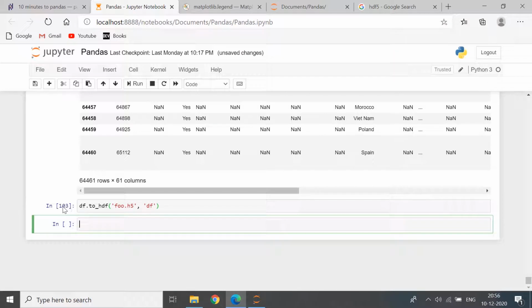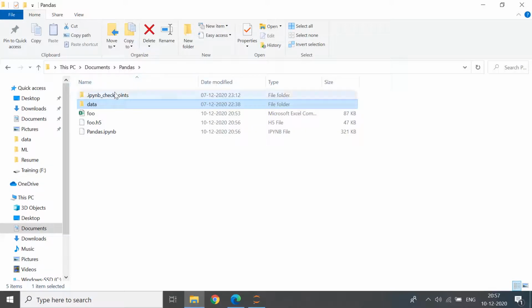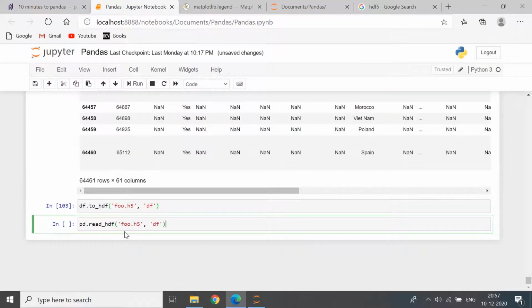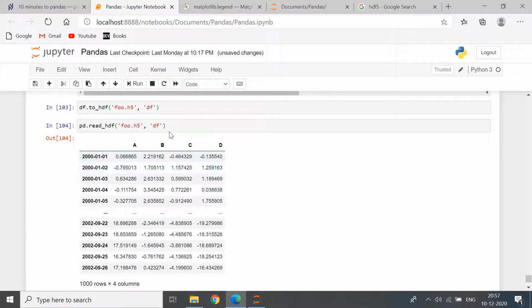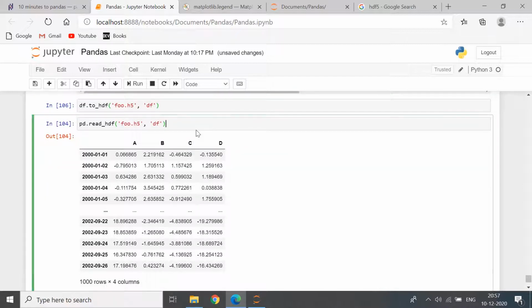You can see there's an asterisk here right now. It was in the process of doing the conversion, and we have the H5 file right here. But right now I don't have any means to open it. I can read the file once again, and reading the file gives me back the data. So what does this df actually do? I'm not quite sure. What happens if I remove it? Okay, I guess df specifies the data frame here.